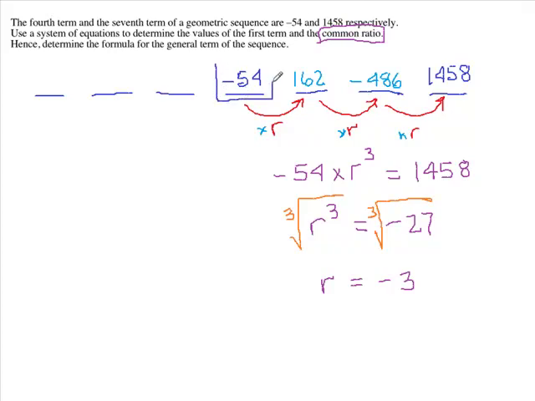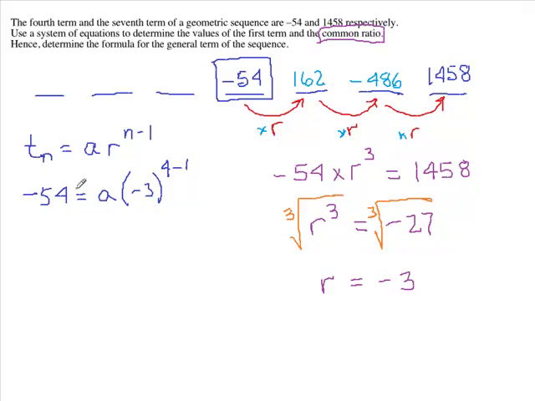We know that this is our fourth term, and we want to know what our first term is. And we have a formula that says any term of a geometric sequence is the first term times r to the n minus 1. N is how many terms into the sequence did you go. If we were doing that here, our nth term, like the term where we're stopping, is negative 54. And we're saying that term is the first term, I don't know what it is, it's just a for now, times r, we just found it, it's negative 3, to the power of n minus 1. N is 4 here. We're talking about ending at just the fourth term, so that means